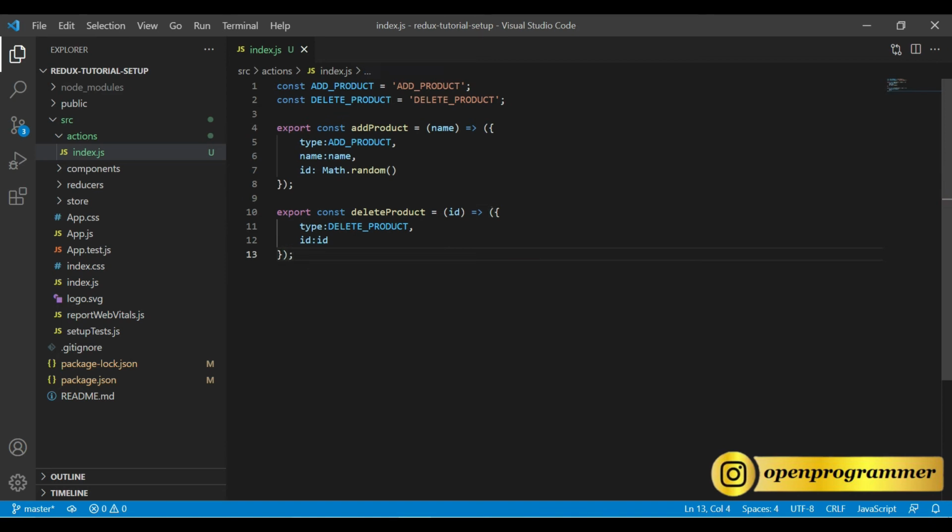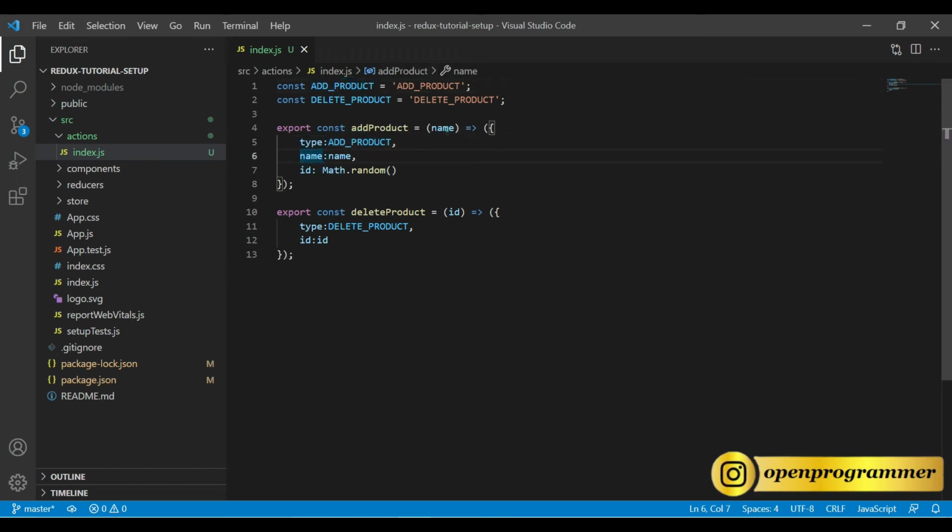So we are done with our actions. As you can see, we are only doing two actions. One is for adding a product and the second one is for deleting a product. To add a product, the first parameter should be what kind of action you are performing. So the first parameter is type, which is holding the information ADD_PRODUCT.